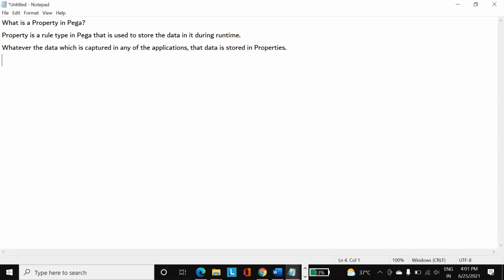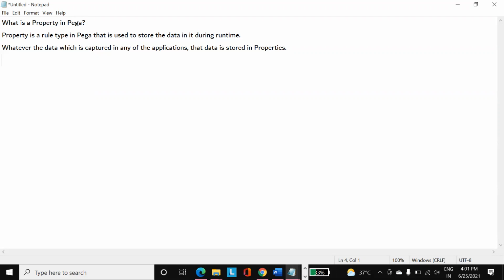It is used as a storing element only temporarily, not permanently. Permanently, the data is stored in the database table in the form of columns, not in the properties. In terms of the application, that is in terms of Pega, it is stored in properties, but in terms of the database it is stored in the form of rows and columns. Whenever we open any object in Pega, the properties retrieve the data and the data is shown in the form of properties. So properties are only part of Pega, not related to database tables.